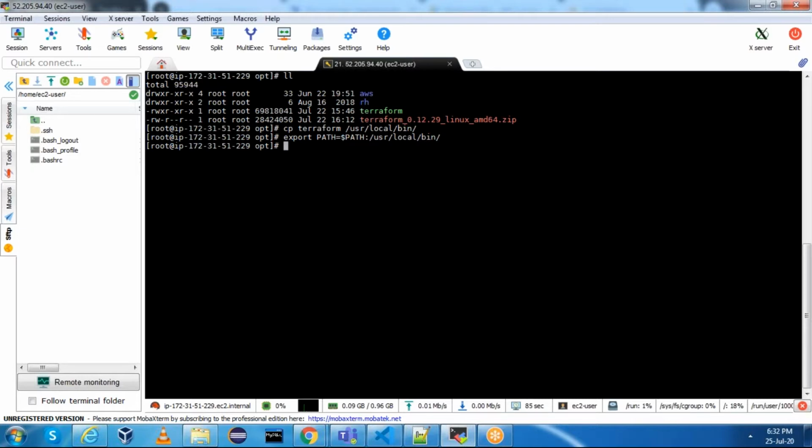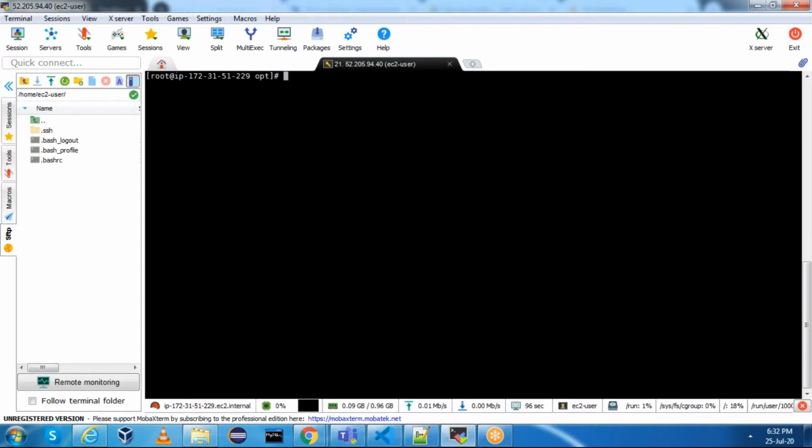Now you can verify the Terraform version. The Terraform version is 0.12.29. Perfect. Now you can create a folder for Terraform scripts, and go into the Terraform scripts folder.